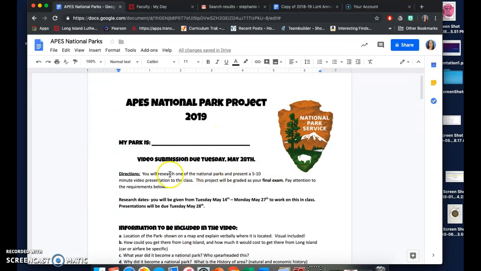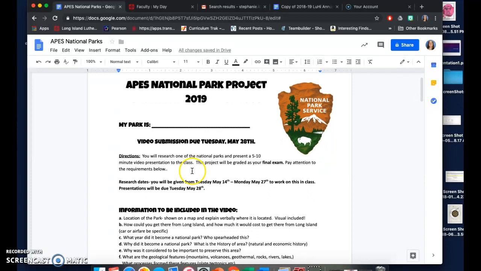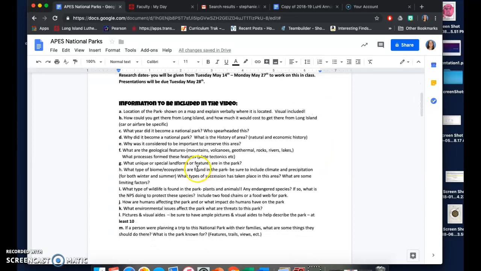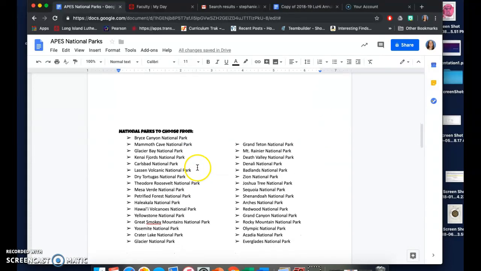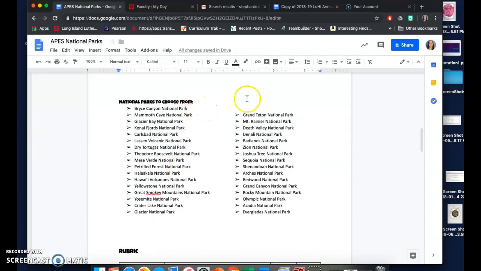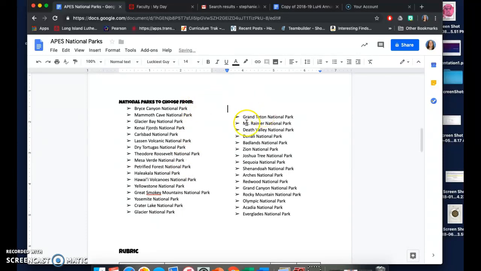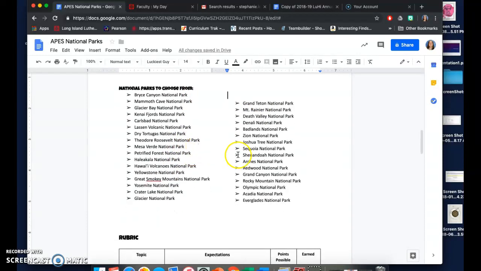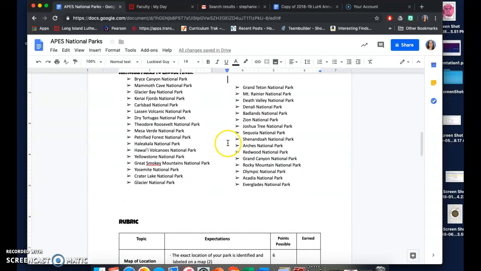So you are going to be doing your national park project. This is going to be submitted by video on May 28th, the latest. All of the directions that you need are right here, and it will be shared with you. We will be picking a national park that you'll choose from. Everybody's doing a different one. There are more than even I've listed here. However, you have to run it past me first if you choose one that's not on this list,